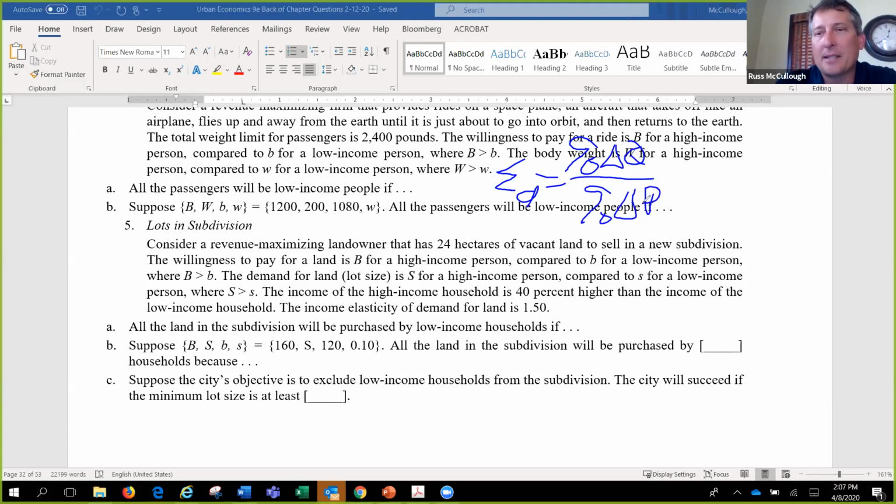And for the income elasticity, we're just going to divide by the percentage change in income. So instead of price, we use income for the income elasticity. That's our general definition. And so we've got an income elasticity of 1.5, and the high income household is 40% higher income than the low income household. So